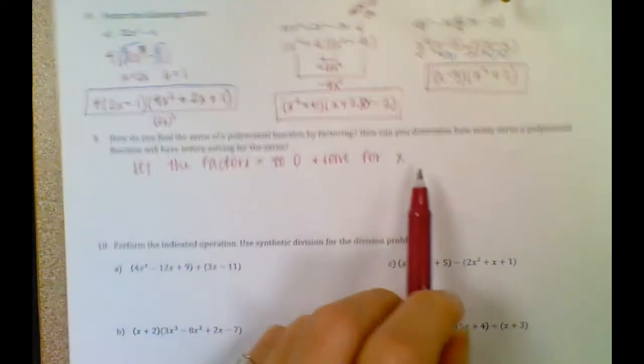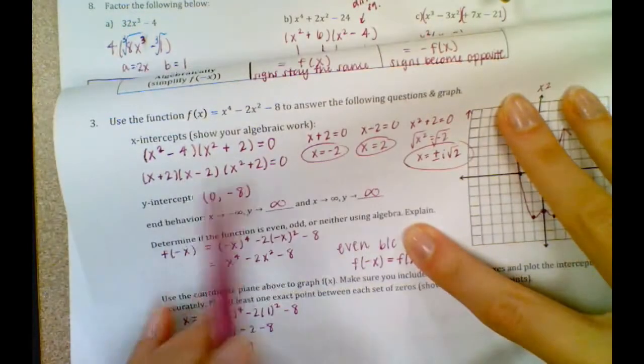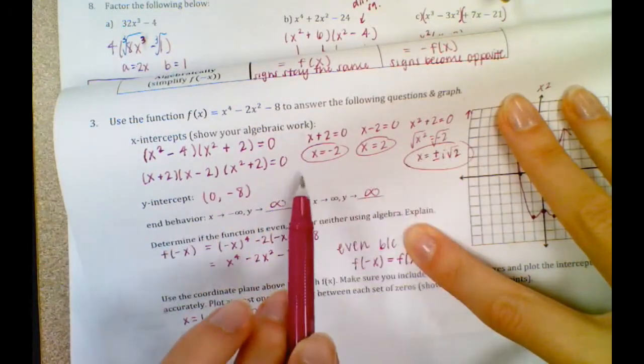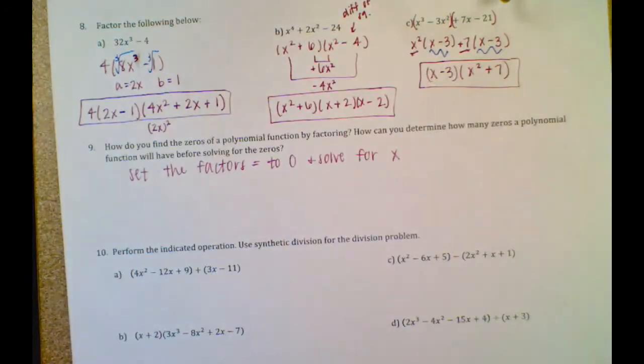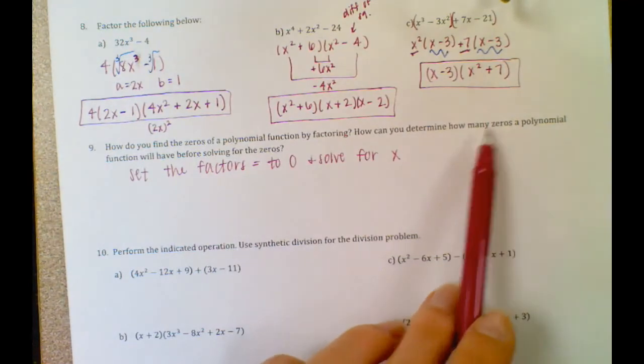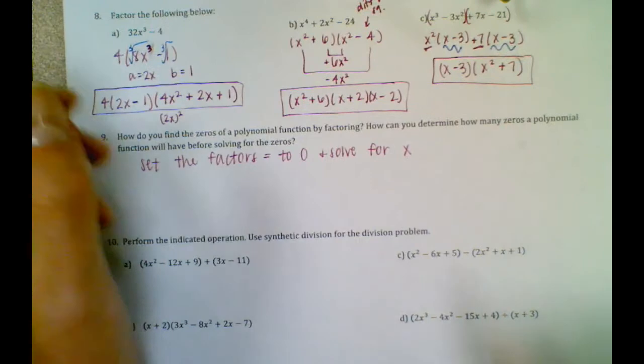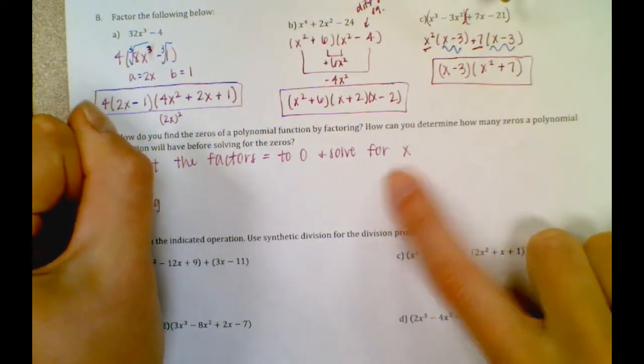Okay? That's kind of like what we did here on the non-calculator section. See how we took each factor and set them equal to 0 and we solve for x? That's what that means. Okay? All right, it says, how can you determine how many zeros a polynomial function will have before solving for the zeros? So remember, the degree of the polynomial